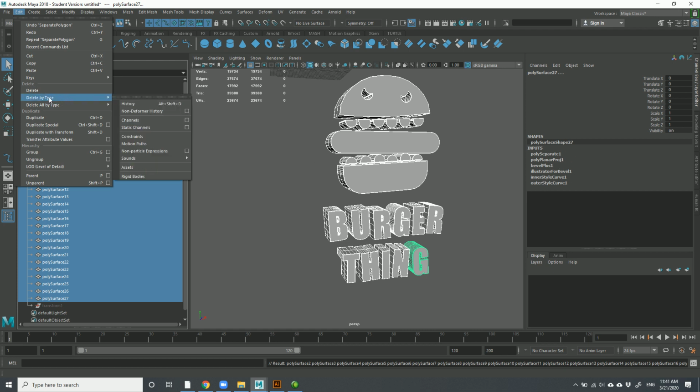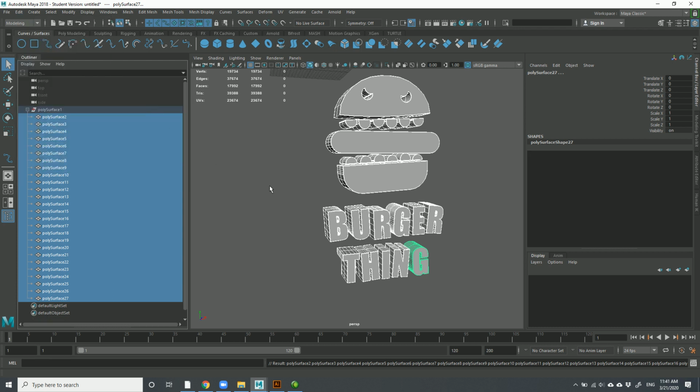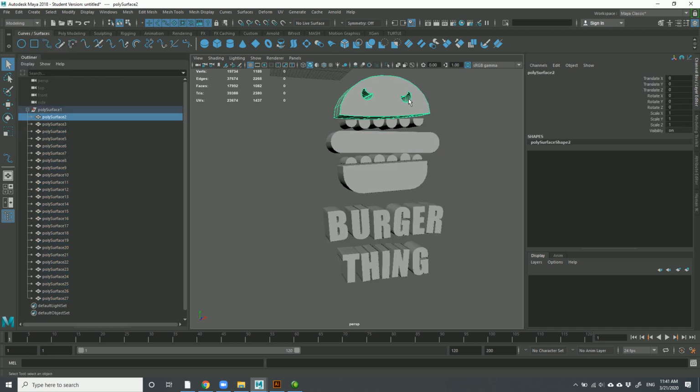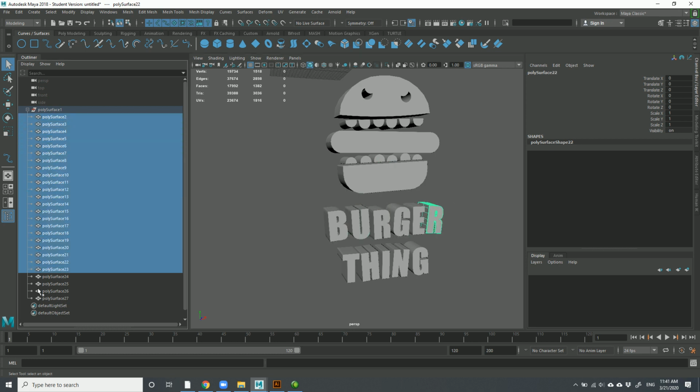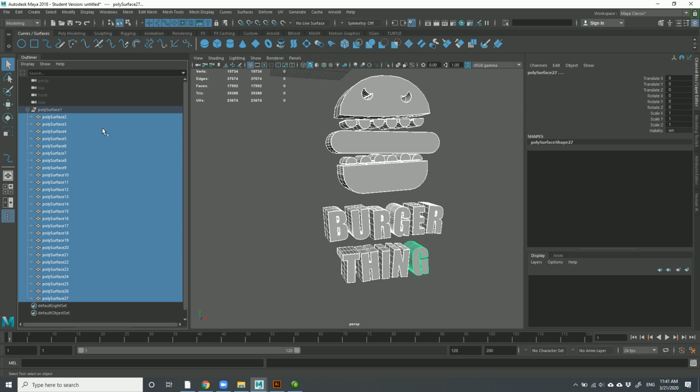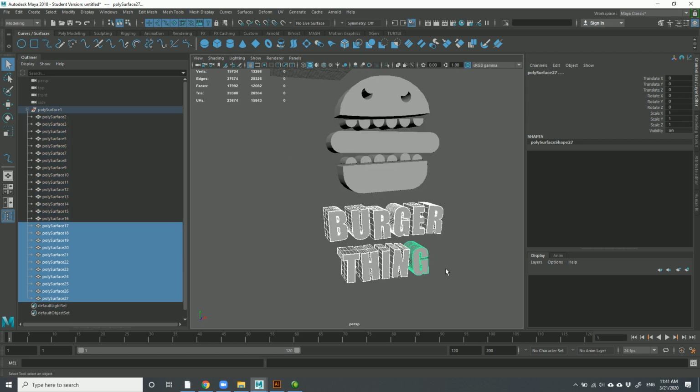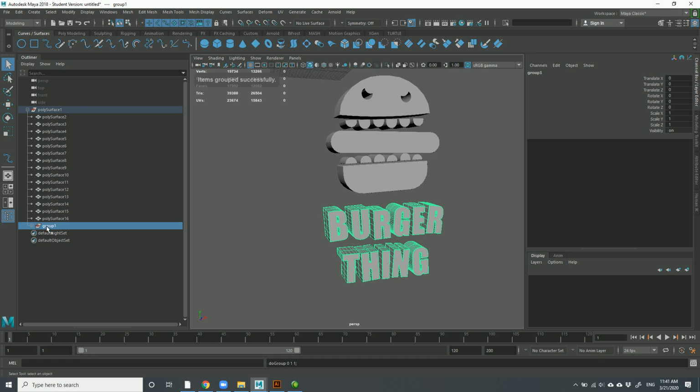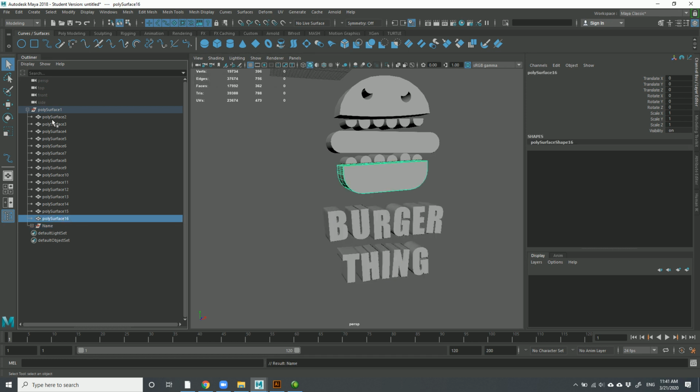So one way to protect that is I'm going to go to delete by type, and I'm going to delete the history, and all that stuff goes away. So these are just objects as far as I see here, and nothing can really happen to them. I don't know that I'm really going to bother naming this. Let's do this. I'm going to take this stuff here, group that together, and let's call that name. And then this stuff here,